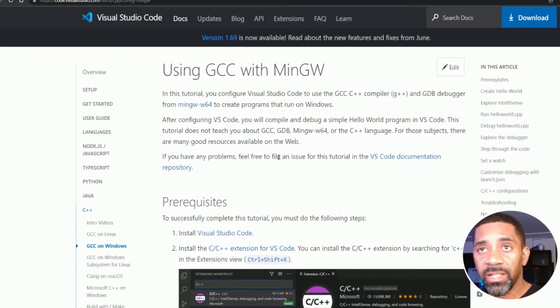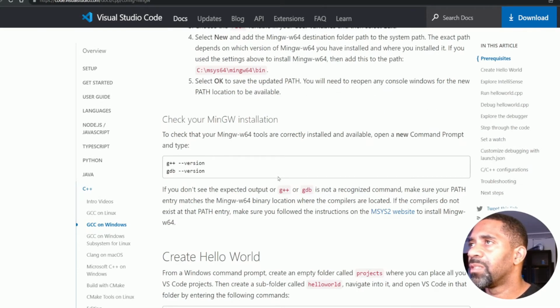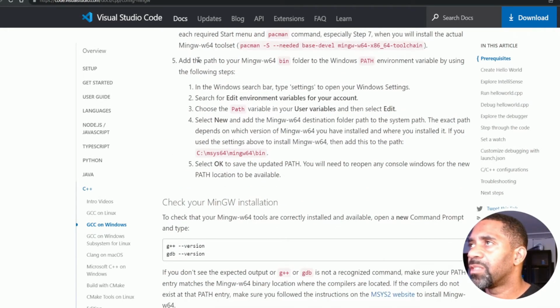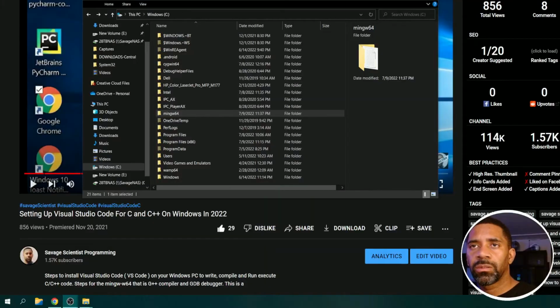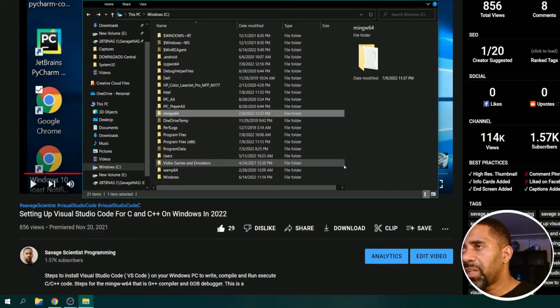So you click that and just continue following this. So right now we're at this part right here. Alright, so now we got everything installed. Well, we have the folder copied. You see the folder right here,